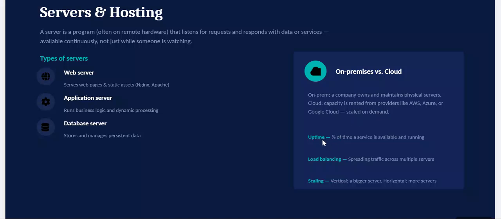Now, uptime, you usually hear this when you are dealing with servers. Uptime simply means the percentage of time a service is available and running. So when you are choosing a server, look at the uptime. What percentage of time will this server be available and running? So load balancing is spreading traffic across multiple servers. So instead of weighing down a particular server, you spread the traffic across multiple servers so that your application can